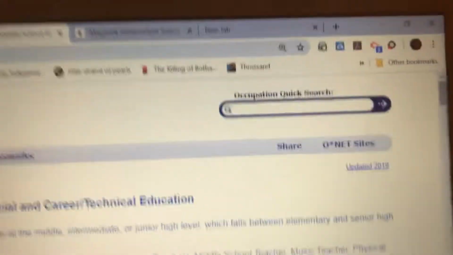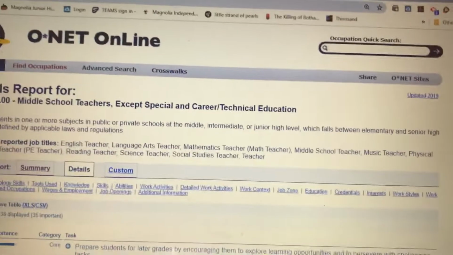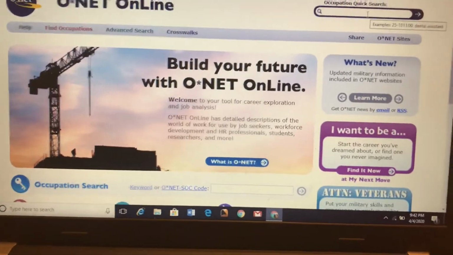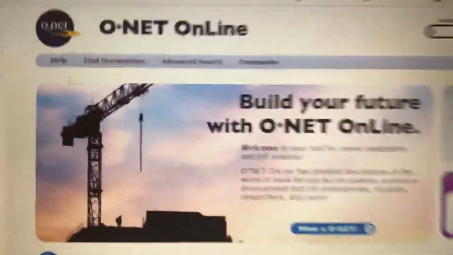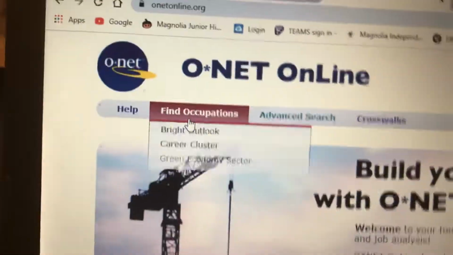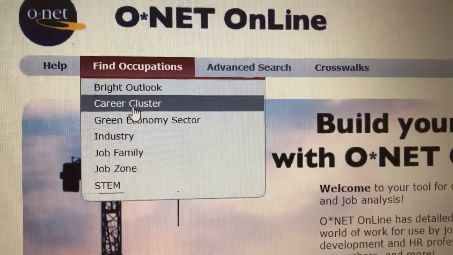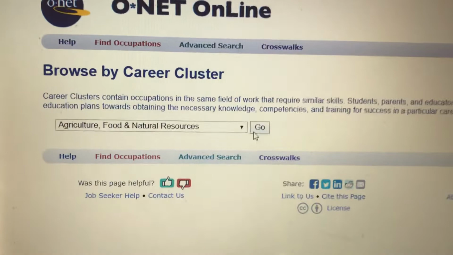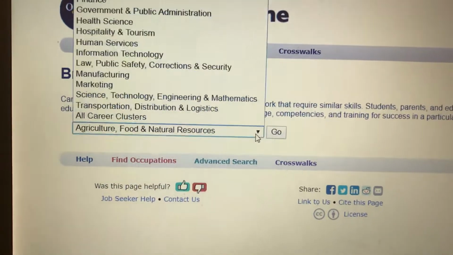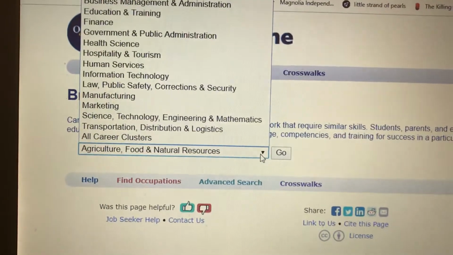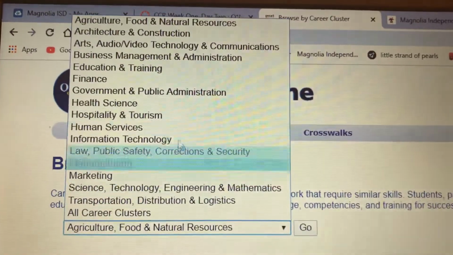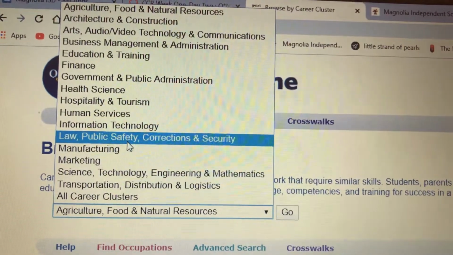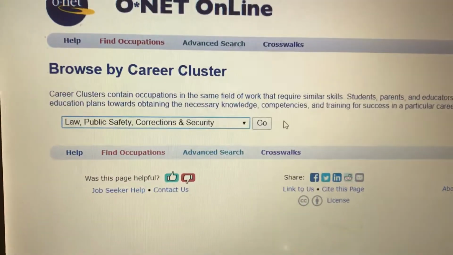So right now, if you're at this page, or when you go to Own It Online, you can do a quick occupation search. You can also, right here where it says find occupations, hover over that, click on career cluster, and look by career cluster. So if one of your top 5 career clusters on the survey that you did yesterday is law, public safety, corrections, and security, you can click on that, tell it go,